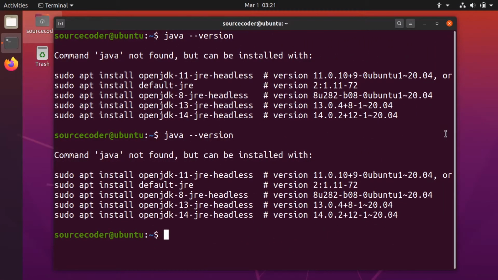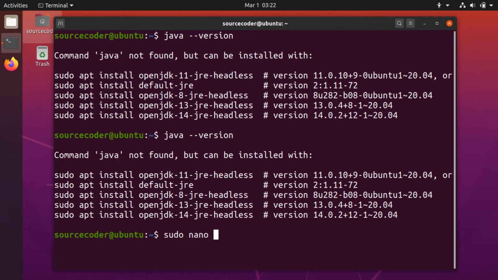To set the environment variable, we will use command sudo nano. Nano is a text editor. If you not comfortable with nano, you can also use vim, but nano is by default installed with your Ubuntu, so you don't have to install it.